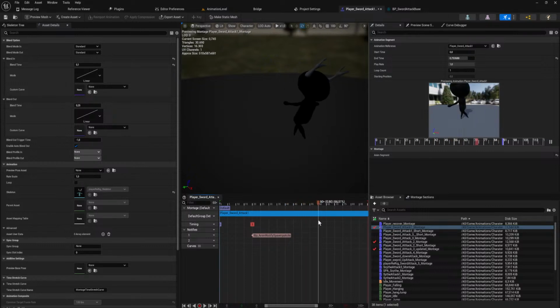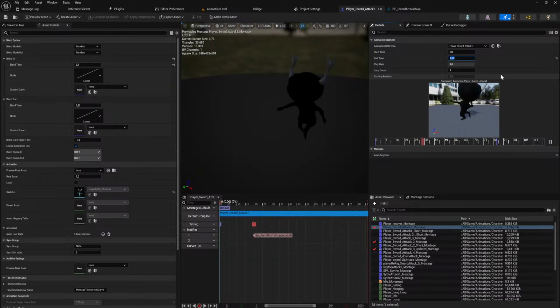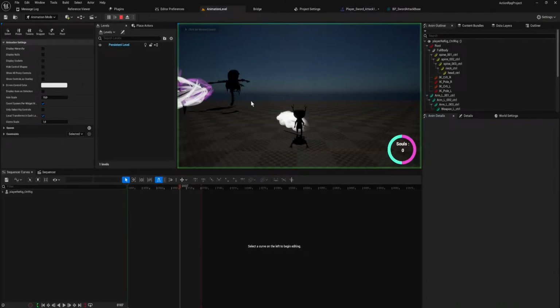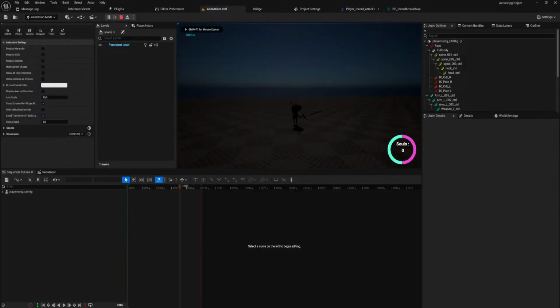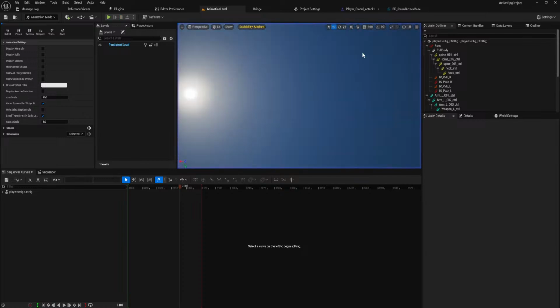And the swing ends at about 0.5. And the moment it starts blending out, it is able to play the next animation. Let's make this 0.72. Even that doesn't do it.